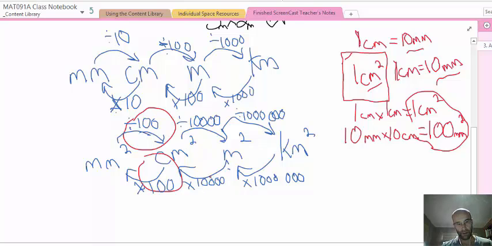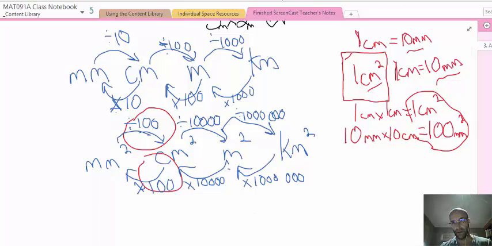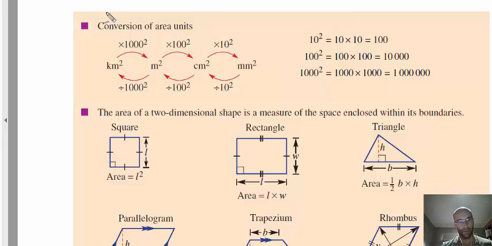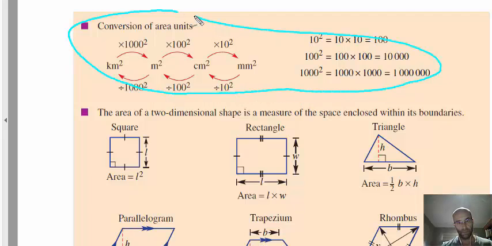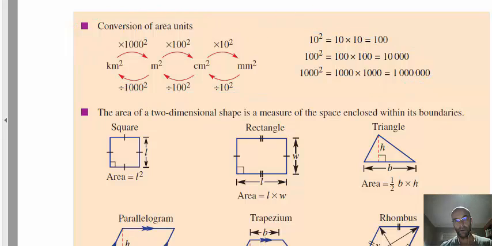And we can show the same with the others. So if we look at a neater version of that from the textbook, page 303, it shows that same thing. So copy that down as part of your notes. In the next video, we'll look at some areas of common shapes, also from page 303 of your